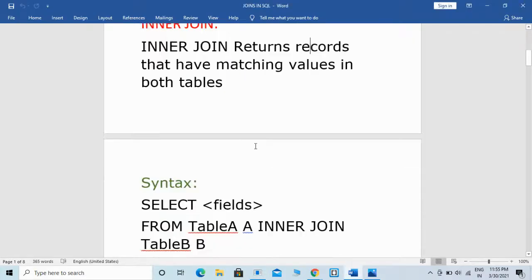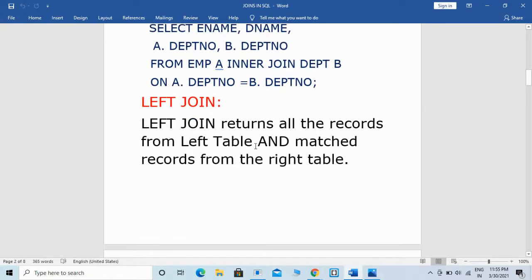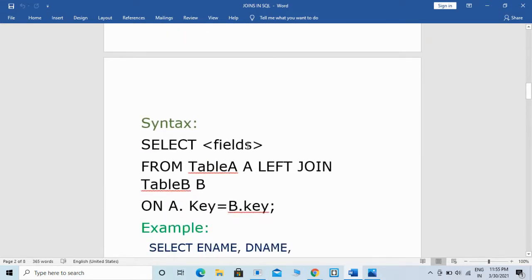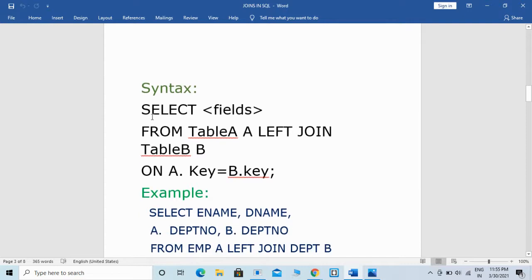Now we are going to move to left join. Left join returns all the records from the left table and matching records from the right table. This is the syntax for left join. Select fields from table A left join table B on A.key equal to B.key. Here the key is the matching column between both the tables.